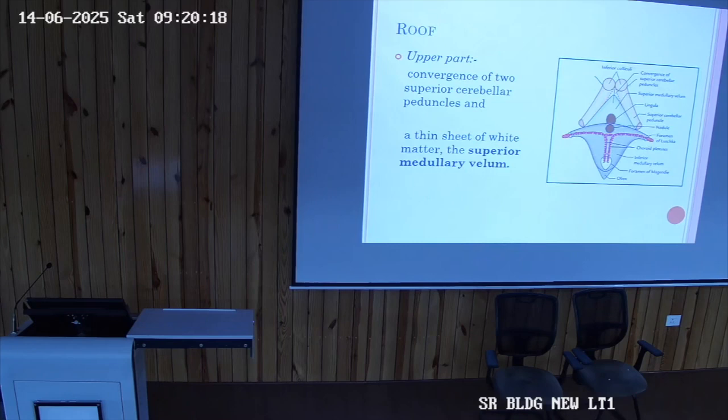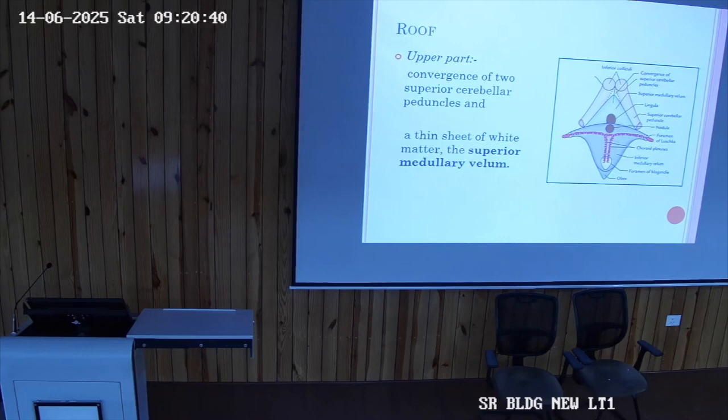The inferior medullary vellum is a non-nervous tissue, so that is the pathway which is used by the surgeons to reach the floor of the fourth ventricle or for tumors of the cerebellum, because it is made up of neuroglia and all, so that is not going to damage anything. So then there is an inferior medullary vellum.